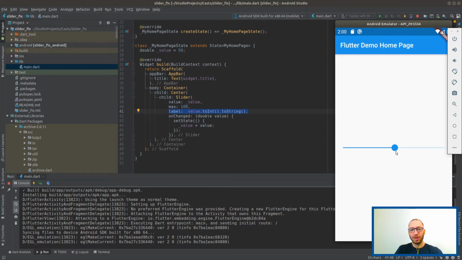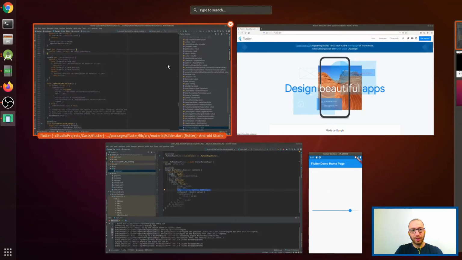You don't need to say that you're showing the indicator always or never, or just when it's discrete or when it's continuous, because I think it's pretty obvious that once you have a slider and you're configuring a label on it, you want the label to be shown no matter the settings of the theme. And also I think that using the theme this way was a bit complicated and not straightforward, not obvious. So we did some changes, and along the way